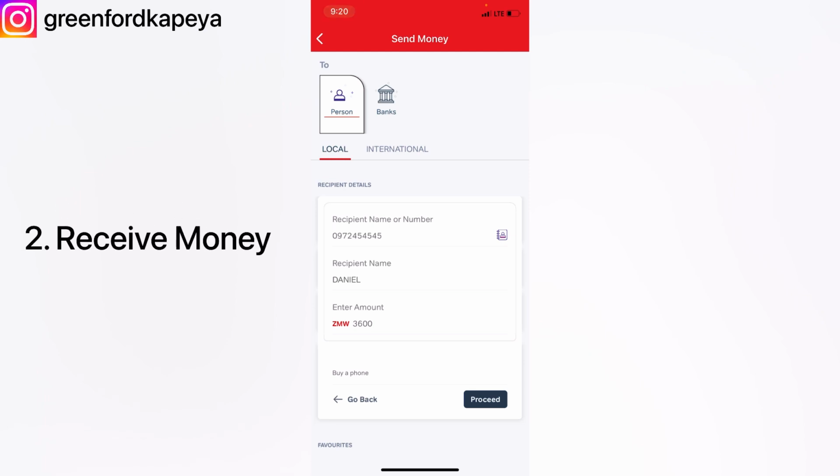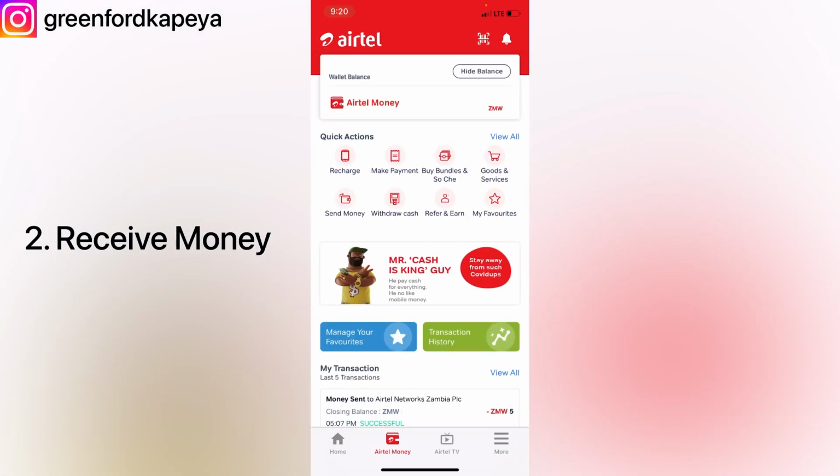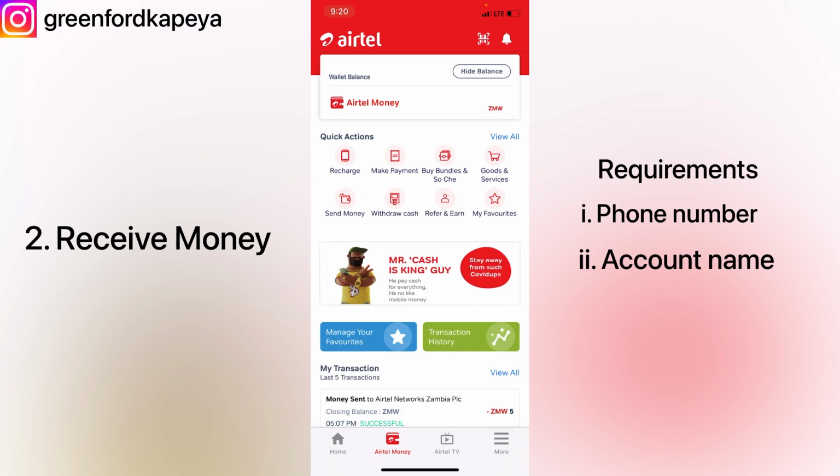And then on how you can receive money, all you need to do is have an active Airtel mobile account, and then you need to have a phone number attached to it that you're going to send to the person who's about to send you money into your Airtel. So you need to send them the phone number that they're going to use to send money, and additionally you need to send them the account name. So let's say for instance the account name is Greenford Kapea. So I'll send them that name and I'll send them the phone number as well that's attached to Greenford Kapea